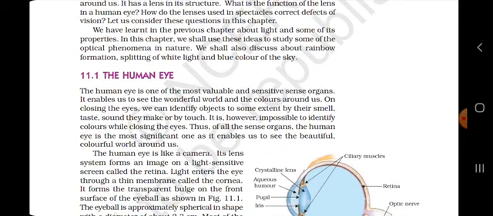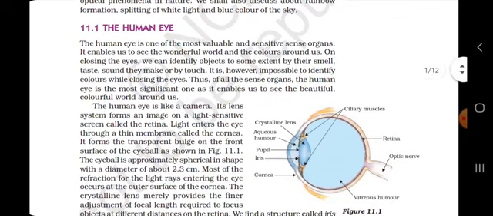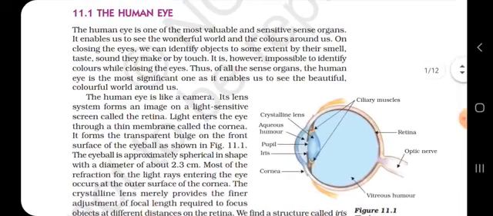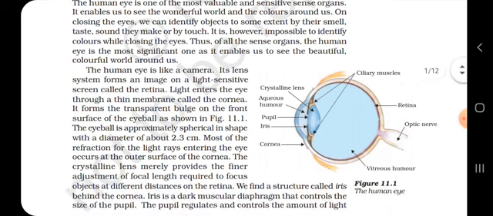As I told you, the human eye is said to be the best camera around the world. We can see all things in three-dimensional forms. We can identify objects by visual aspects. But how does this human eye work? That we saw yesterday, and I hope you all know all the functions of the human eye.